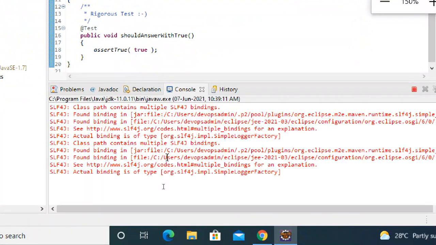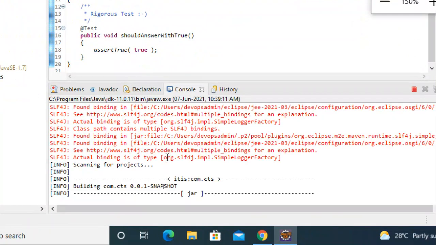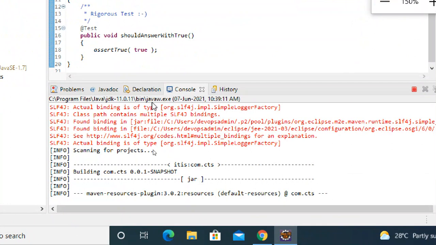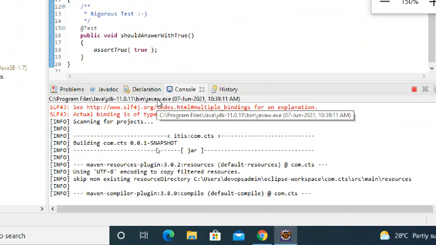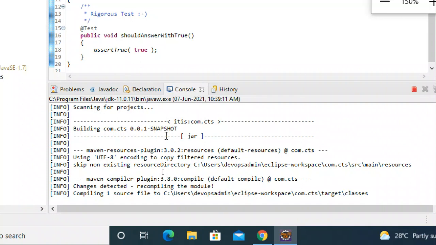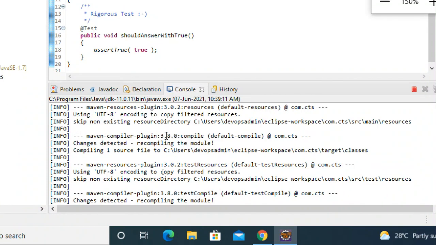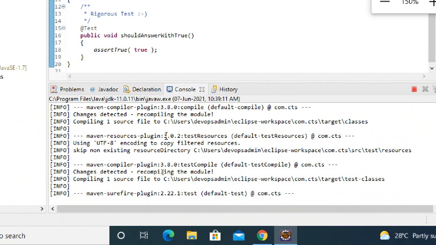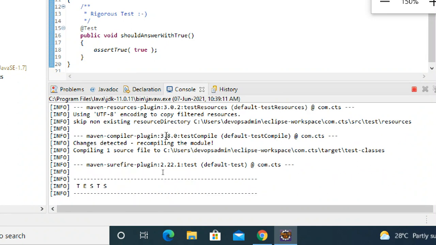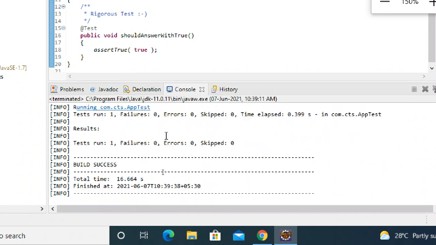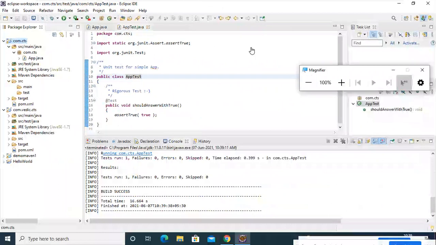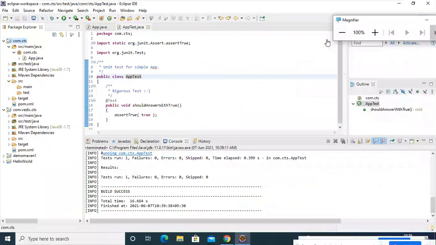Just waiting for an output. So Java is executing that Maven command. So you can see that. It does compile as well as test, build successful. Okay, so this is with an IDE where you have done it.